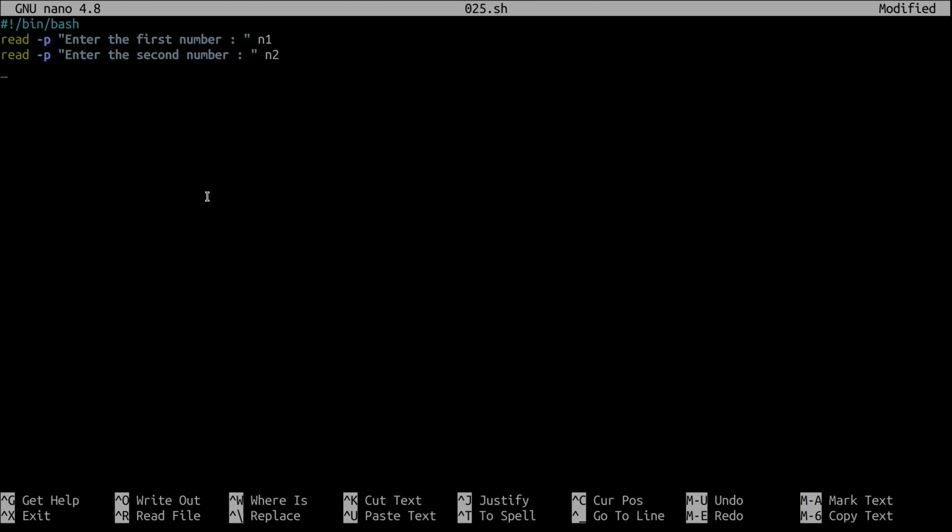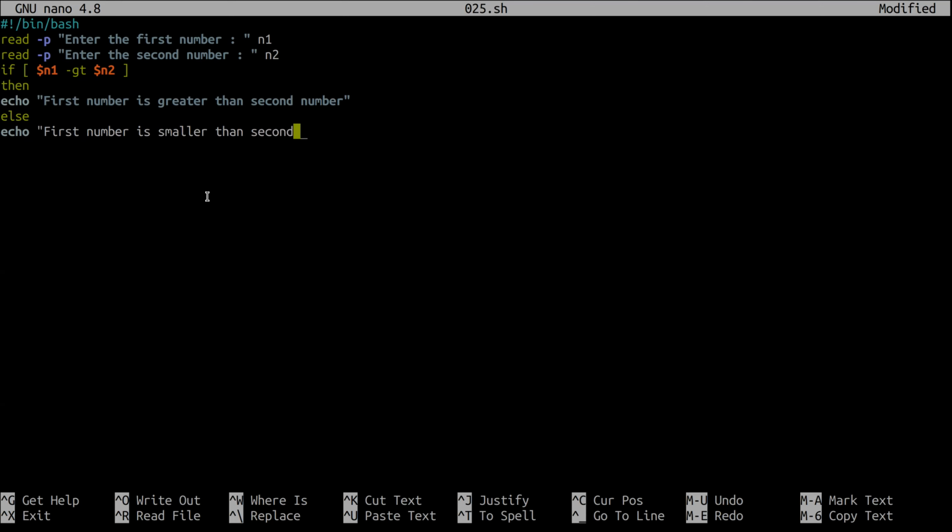Now we create a condition: if number 1 is greater than number 2, then we are going to display first number is greater than second number, else first number is smaller than second number.